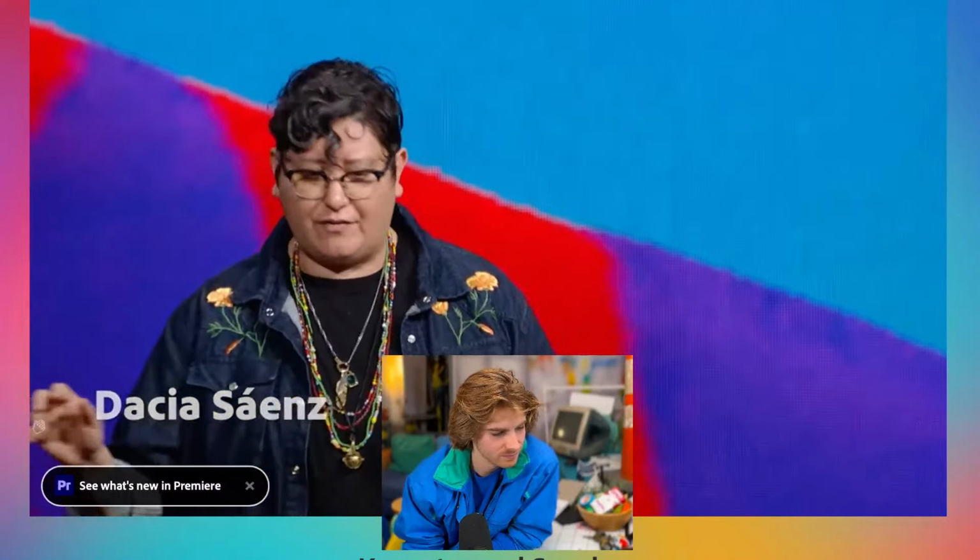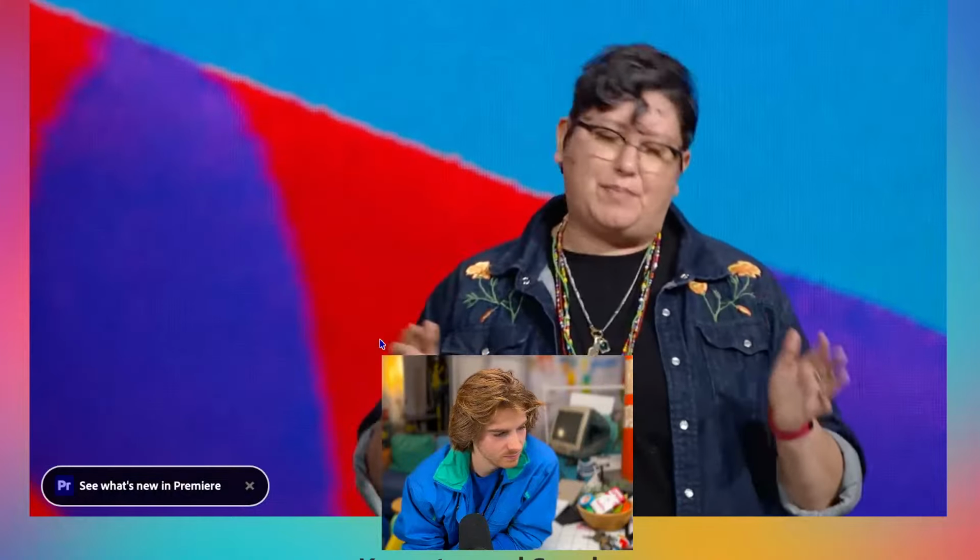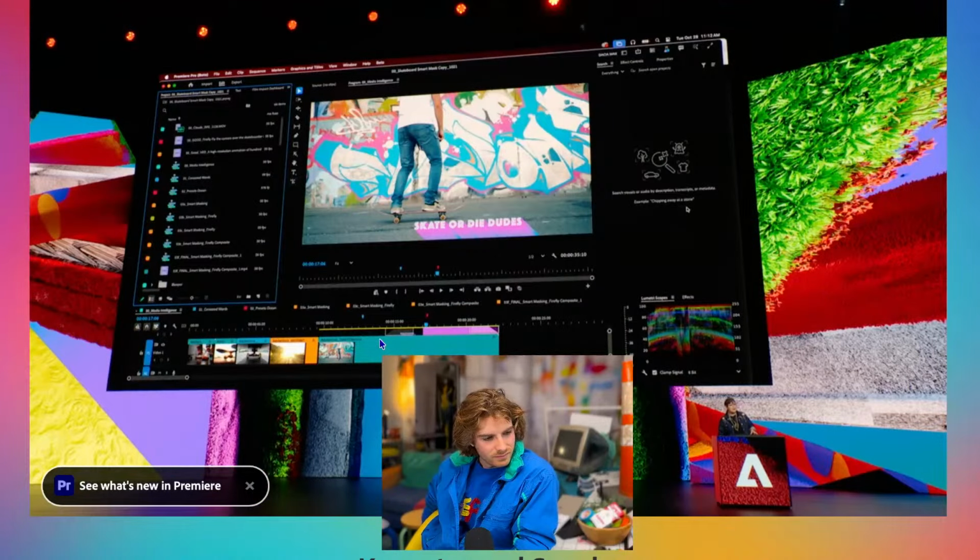We're going on a creative adventure across Premiere and Firefly. I've been experimenting a little bit with some compositing and basic design tricks with my own footage, Adobe stock, and generated Firefly video. But first, I want to show y'all some of my favorite new AI-powered quality of life tools,